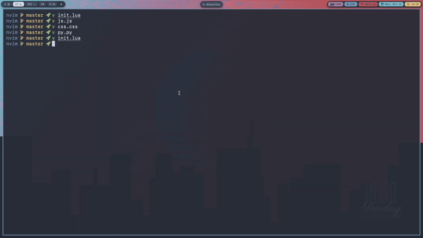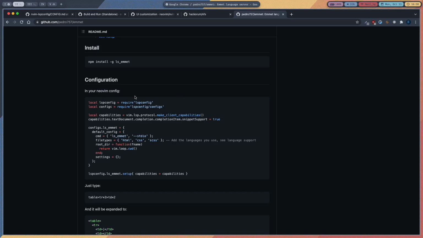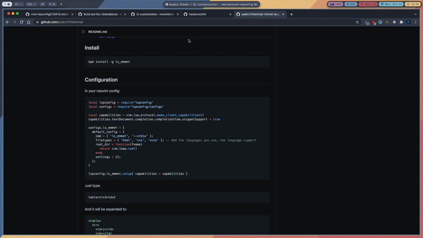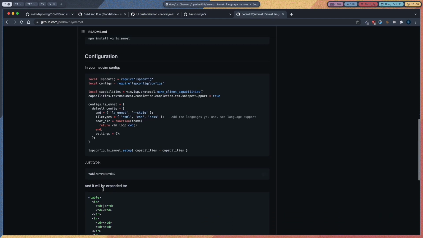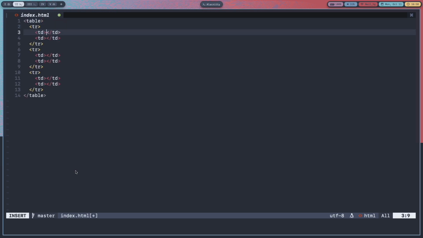Now if I delete that, let's go to index.html and let's do this, what was the thing here. Let's copy this here, table. Okay, now that is also working.